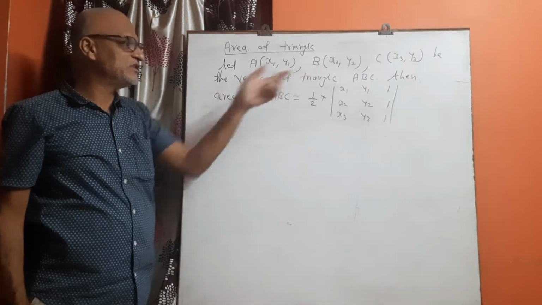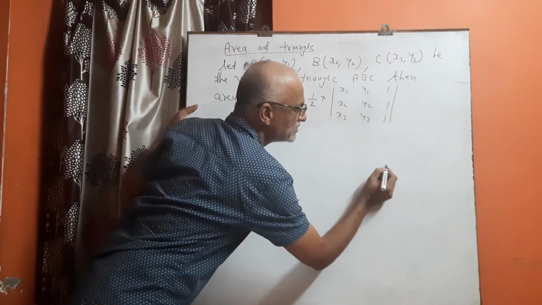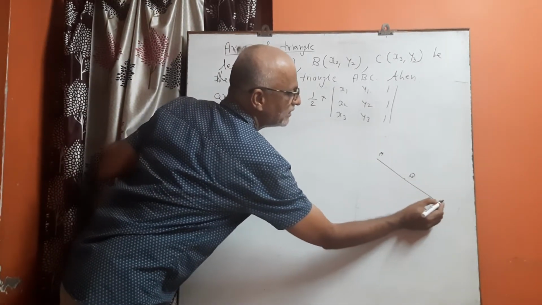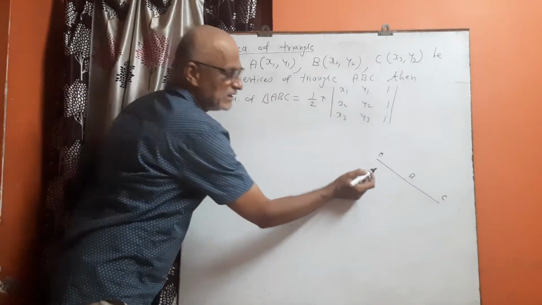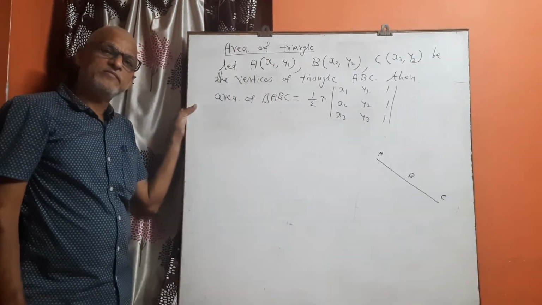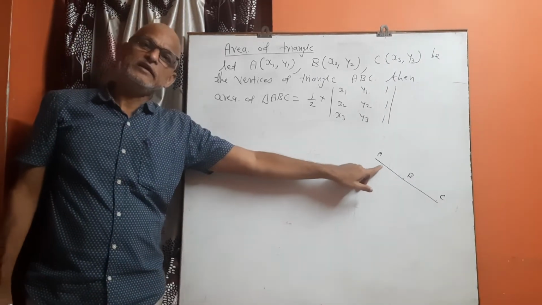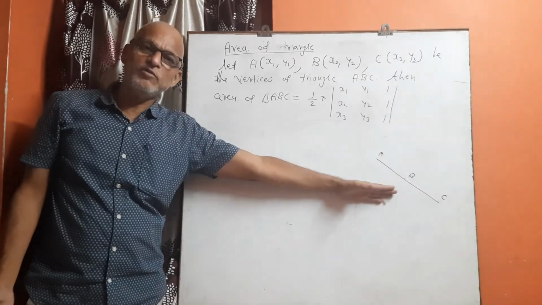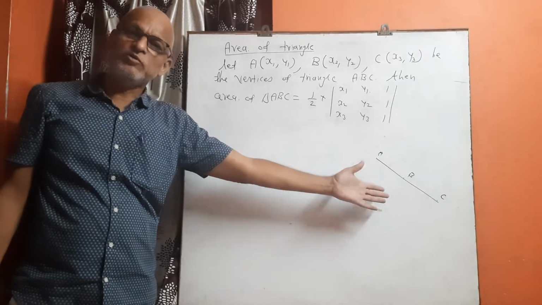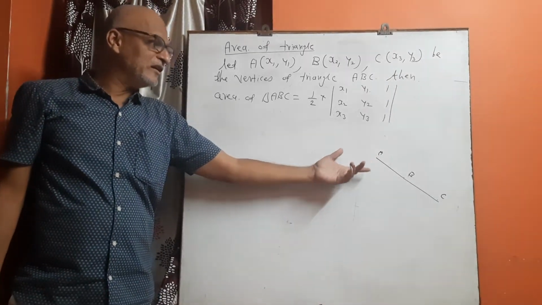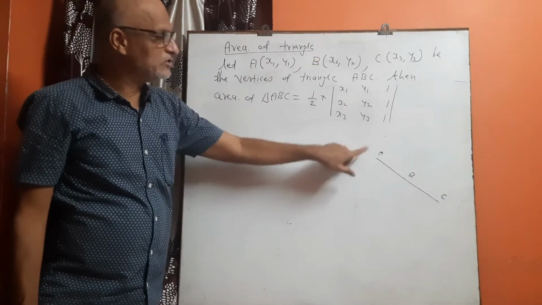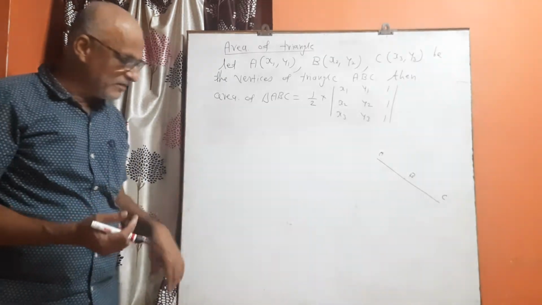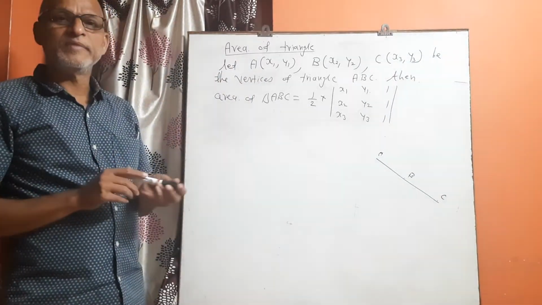If I draw a straight line here, this is the first point A, this is the second point B and this is the third point C. Now since all 3 points are on the same straight line, naturally there is no area or there is no triangle. अगर तीनों पॉइंट्स आपके स्ट्रेट लाइन पे है तो ट्रायंगल ही नहीं फॉर्म होगा. ट्रायंगल फॉर्म नहीं होगा तो you can't find the area. So the condition is that if the area of triangle is equal to 0, then the points A, B, C are collinear points. एग्जाम में आपको पूछा जा सकता है कि show that the points are collinear.